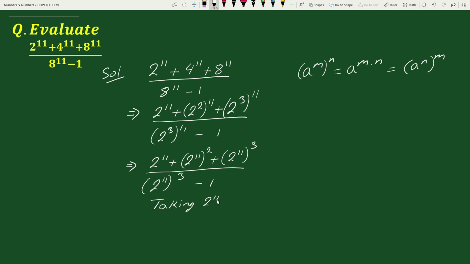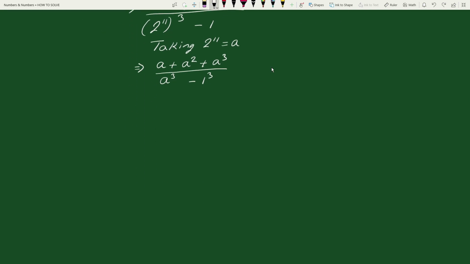Now taking 2^11 equals a, we can write the above equation as (a + a^2 + a^3) / (a^3 - 1). Now this 1 can be written as 1 cubed. Now in the numerator, a is a common factor in each of the terms, so taking out the common factor from each of the terms in the numerator, we can write this as a times (1 + a